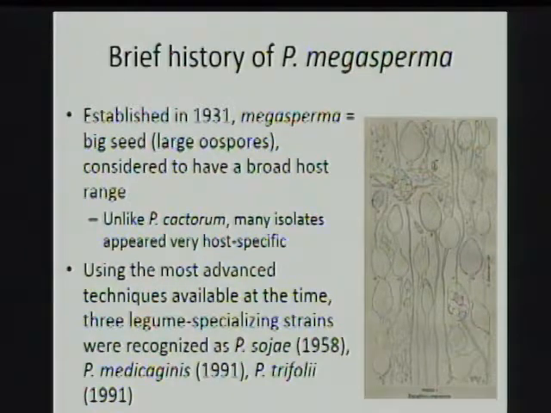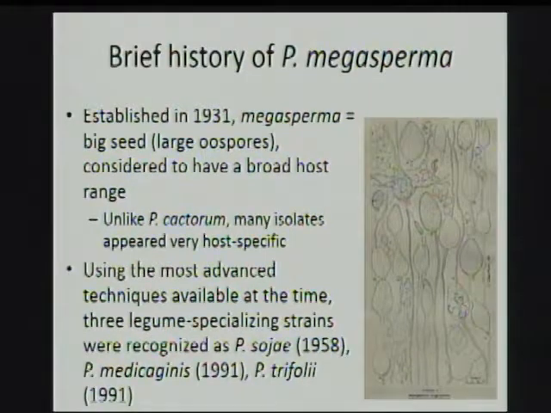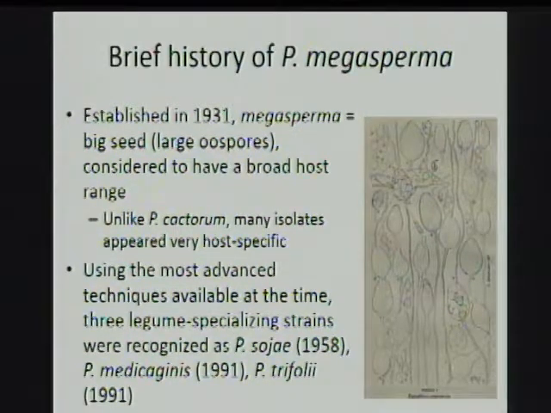One thing that was really noticeable to the early phytophthorologists about megasperma was, unlike Phytophthora cactorum, where any particular isolate you have will likely have a wide and sort of unpredictable host range, these megasperma isolates, if you isolated one from soybean, it tended to be mostly just pathogenic on soybean. And if you put it onto a Doug fir, for example, it wasn't that aggressive. Yet the ones you got from Doug fir were aggressive to Doug fir, not so much to soybean. So there were host-specific groups, but we couldn't divide them up based on our DNA abilities.